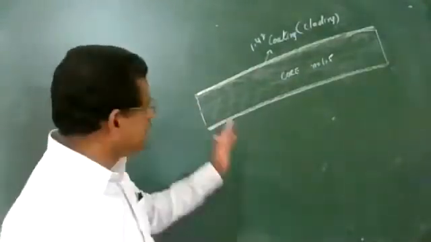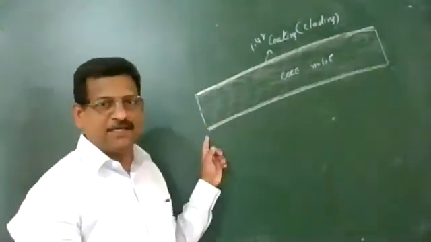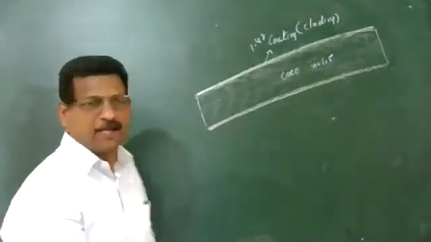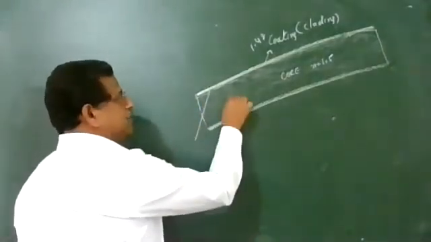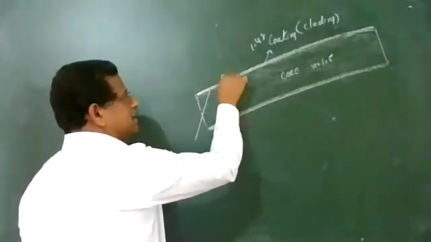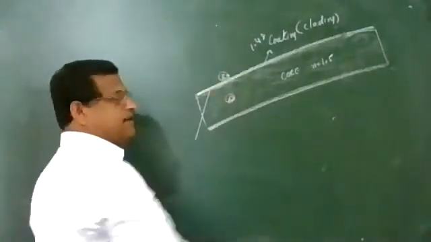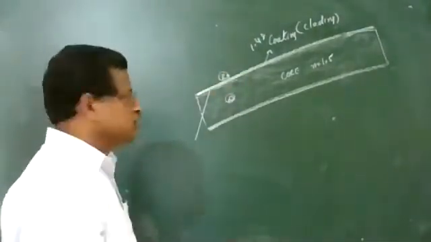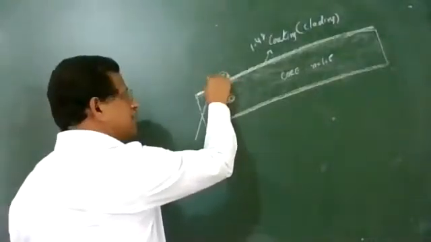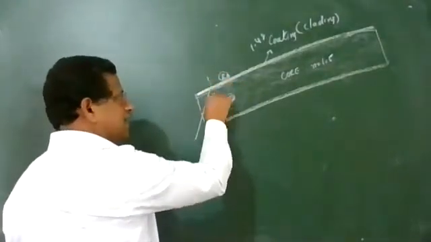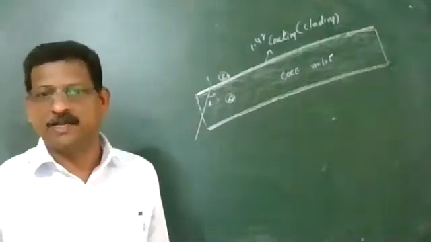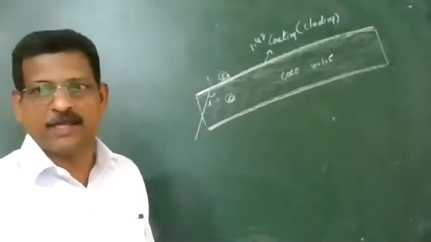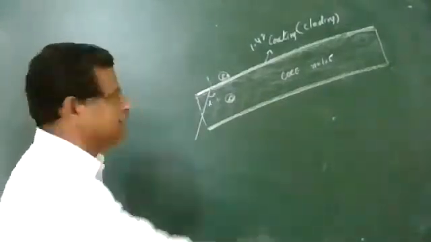Now light from one side enters inside the fiber at a small angle. So light is entering. Now this will be a denser medium and this is a rarer medium. This cladding is happening. So when light tries to go from denser to rarer medium at this angle i, this angle i will be greater than the critical angle. What will be the critical angle here? How to calculate the critical angle?